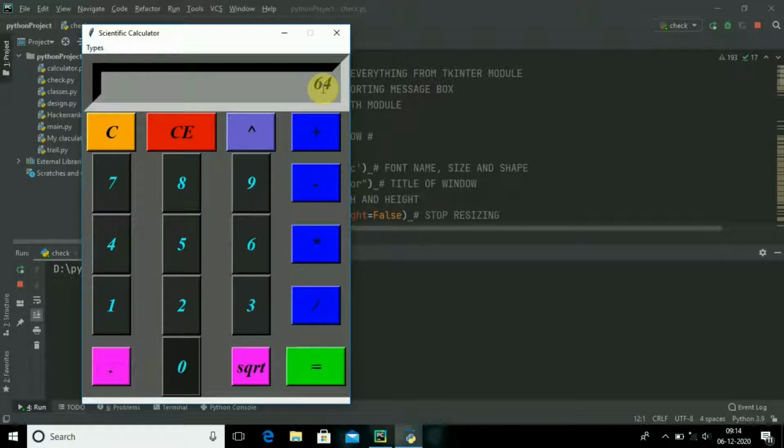And let me discuss some more things about the Tkinter module and how I am creating this super amazing scientific calculator. Let me share with you some of the information. What is the Tkinter module and how have I created this calculator? Tkinter is a GUI application maker through which I can make a graphical interface. Yes, I have created a calculator. You can also create many more things. It is a GUI application maker, meaning graphical user interface.